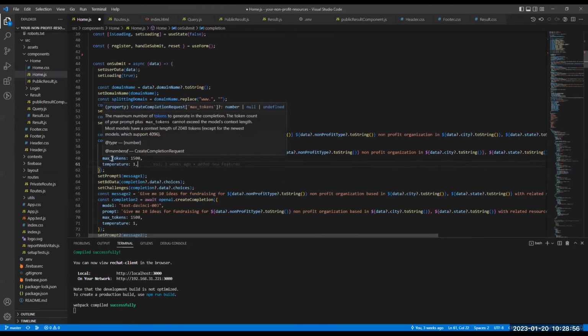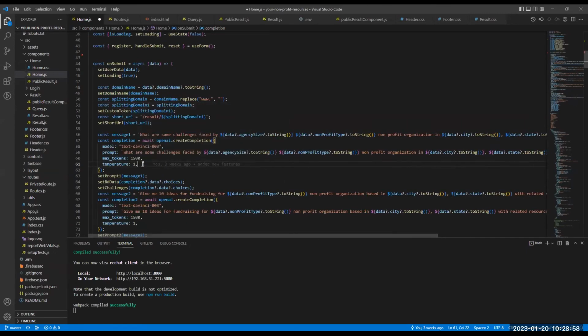Max tokens and temperature are different things. It depends on your demand only. Based on the AI models, you can change the max token numbers. You can read the documentation. We have used 1500 for that, and for the DaVinci model, the max tokens are 4800.